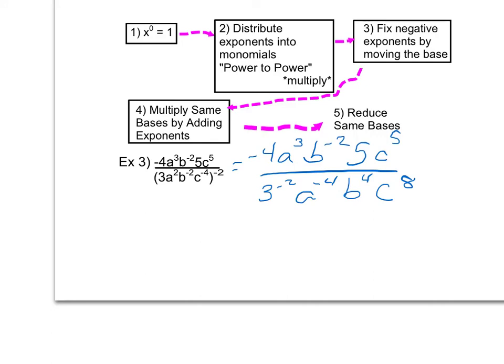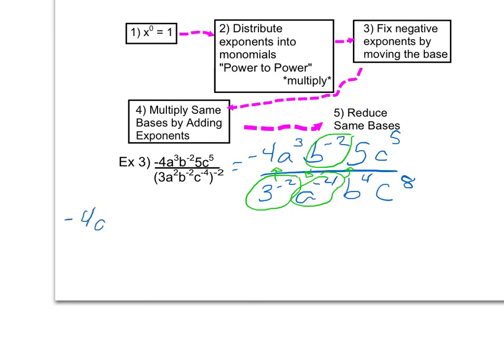Moving across my flow map, I see the next thing I want to do is fix my negative exponents, so I'll move this b down. I have to move the 3 up. The biggest mistake I see is people either want to call that -9 or they want to call it -6. I have to fix my negative exponent before I can evaluate that. I'll bring my a up. Notice I don't bring my -4 down. I don't fix negative numbers, just negative exponents. Doing that gives me